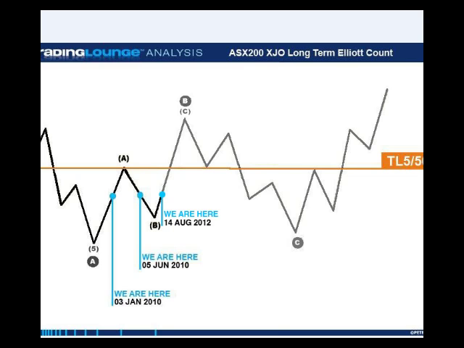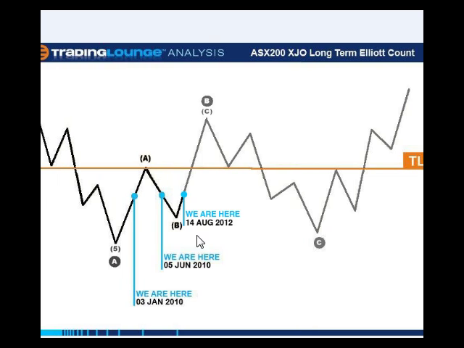I just thought we'd have a look at the ASX 200 as it's approaching the 5,000 level. This is our long-term wave count here, and as you know, we've been looking at the big bear market as an A wave, and the B wave would be the A, the B, and the C here for the B wave. And once that's completed, then we'll look at a possible large C wave through here, and then the next